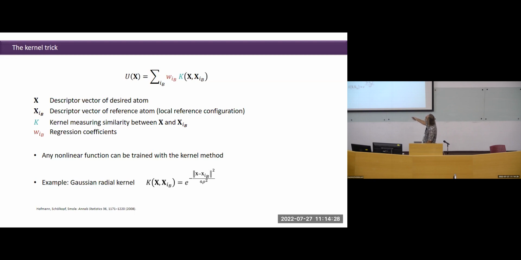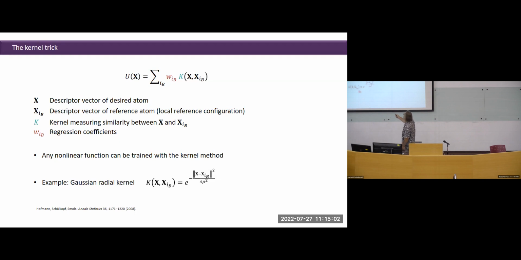So we will expand these local energies in terms of these similarities and associated weights. And those are the regression coefficients that we have to determine. And basically, we can train any nonlinear functional dependence with this method. So to have a look at, let's say, a pictorial representation of this procedure, let's assume that our similarity kernel